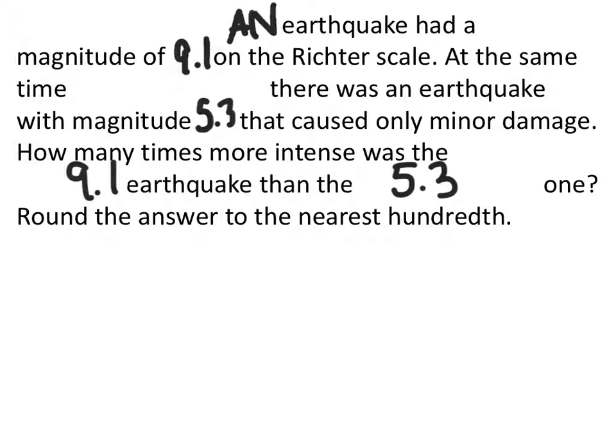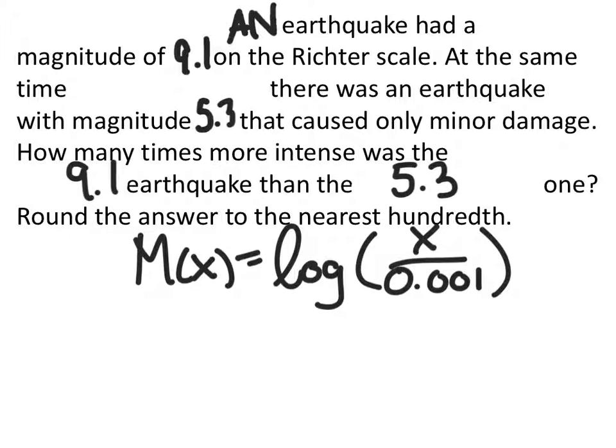For example, the problem on the homework, we talked about the San Francisco earthquake and some South American earthquake. Don't worry about the historicity of those. We're not so concerned about historical accuracy as we are with just the ability to solve a problem like this. But keep in mind that we are going to be using the same formula as we were before, which is right here. And again, M of x would be a Richter scale reading, and x would be a seismograph